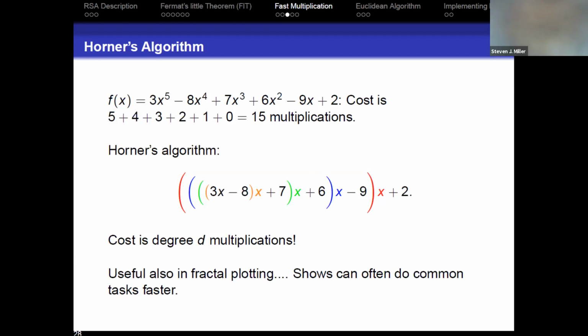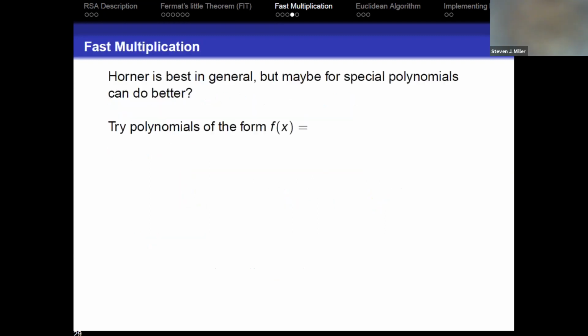And if you think back to what we saw when we looked at how RSA is implemented, we're going to take a message and raise it to a huge power. So all we need to do is raise something to just a pure power. So what we're going to do is look at f of x is x to the n. I always choose the same value, and I always choose n equals 100, because this way I always remember what the binary expansion is.